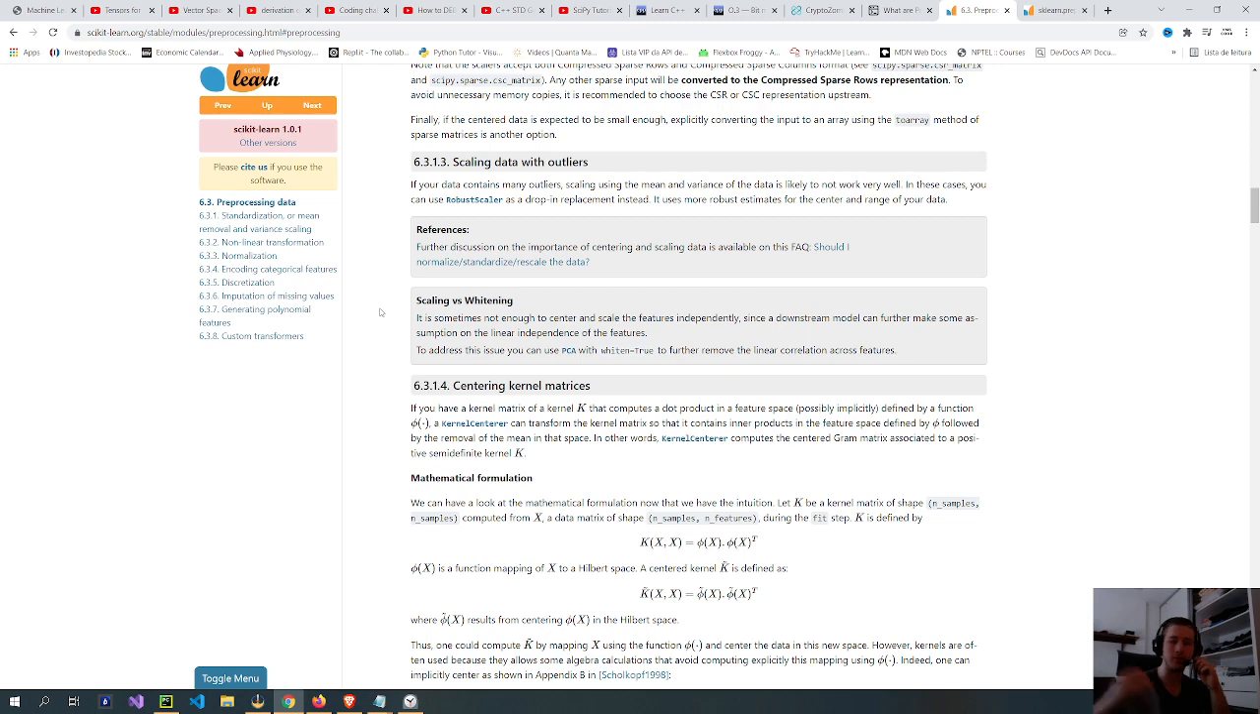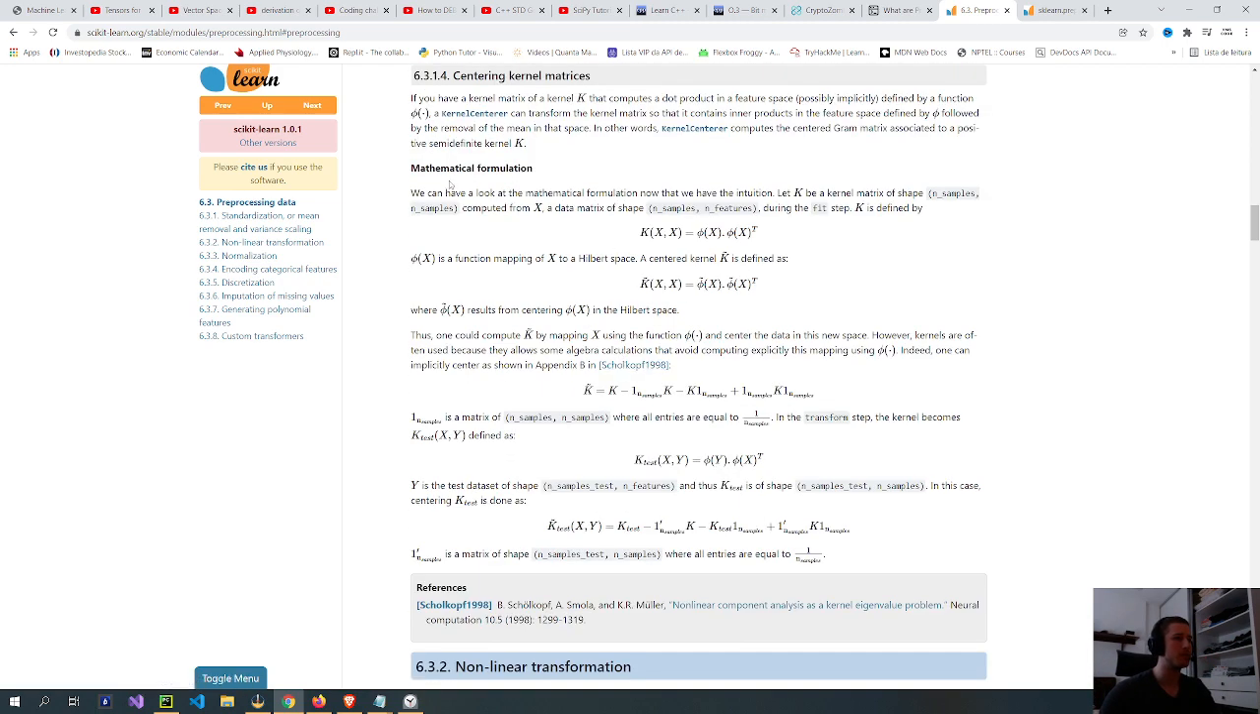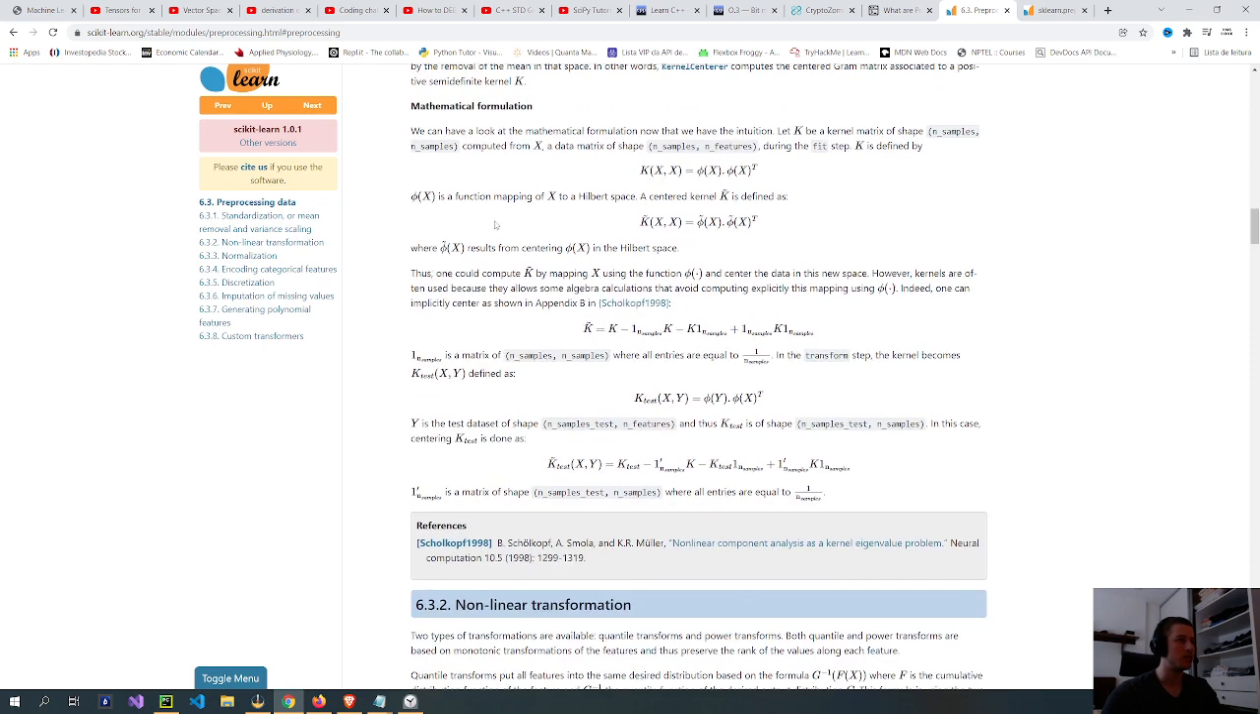Centering kernel matrices, mathematical formulation. Let K be a kernel matrix of shape n_samples by n_samples computed from X, a data matrix of shape n_samples by n_features, during the fit step. K is defined by this formula here. Phi is a function mapping of X to a Hilbert space. A centered kernel K is defined as